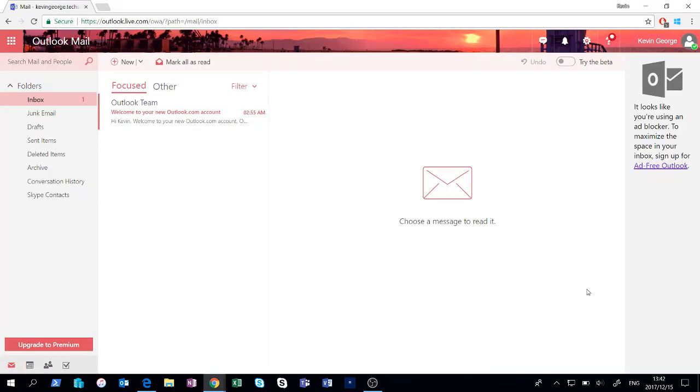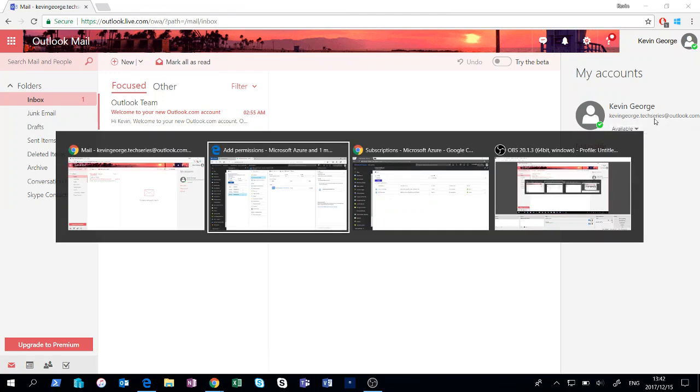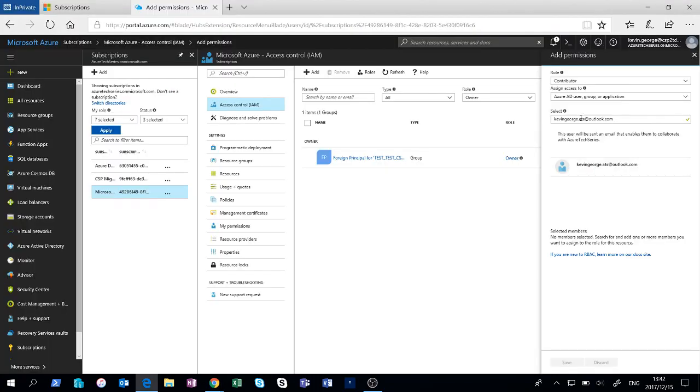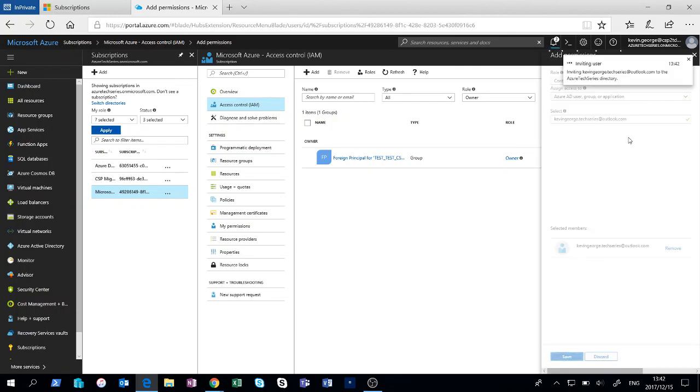So I want to make sure this is correct. Okay, so now you'll see when I click save, it's inviting the user and then it's going to add the